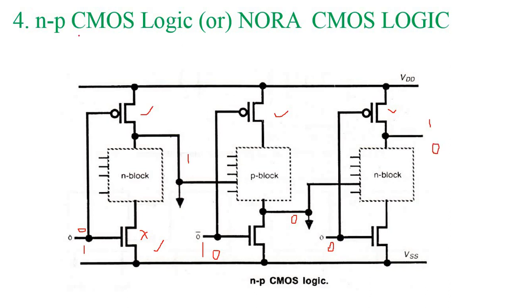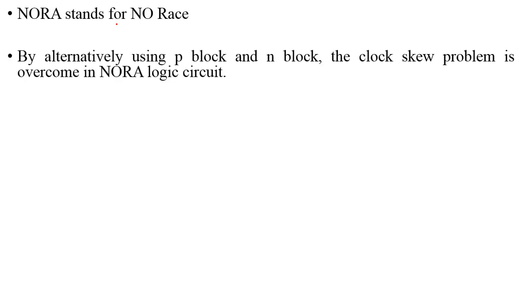So like that NP CMOS logic or NORA CMOS logic is present. Why is the name called NORA CMOS logic? NORA stands for no race. That means no race problems are present in the NORA CMOS logic. By alternately using P blocks and N blocks, the clock skew problems are overcome in the